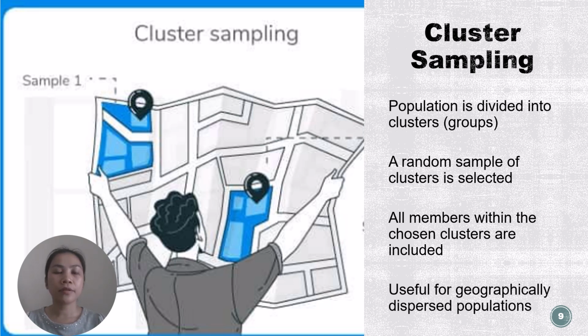For example, suppose DOH wishes to evaluate the number of households with access to clean water in the Philippines. In that case, they can divide it into clusters based on regions or provinces. This way of conducting a survey will be more effective as the results will be organized into provinces and regions and can provide insightful data.